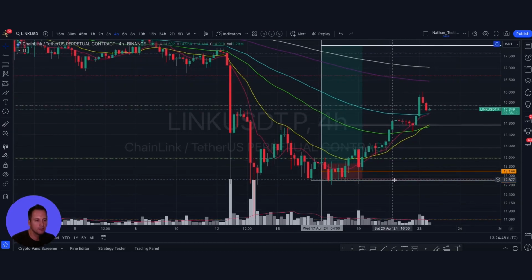Let's zoom in. Our recent wick low came in at 12.812. So show me a close below 12.812 and I'll get out. That could have got you a higher RR on TP123. Either way you played it, you had the opportunity here based on the RSI alone to say, I'm going to